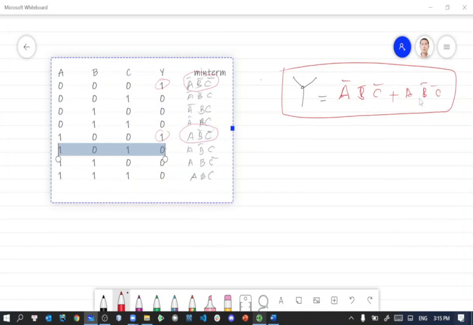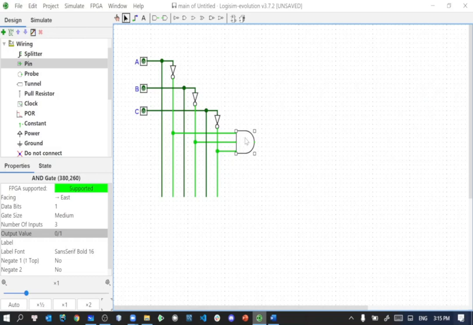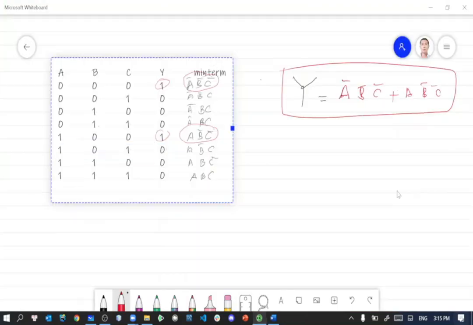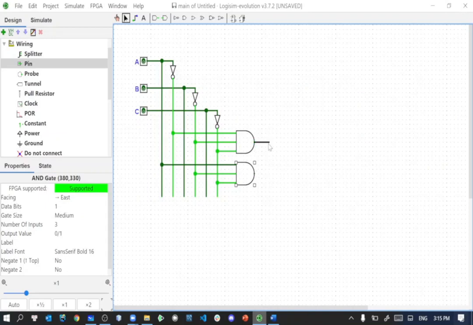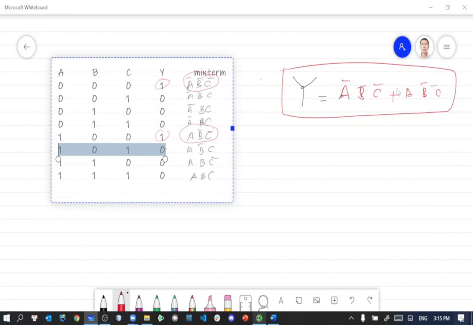Then the next one I wanna do is A, not B, not C. So I'm gonna copy this, paste it here. Okay, then I'm going to bring back to A, then not B, then not C. Okay, because that one is A, not B, not C. Okay, good. Then next, I'm going to produce one more gate, because for this OR gate, you need to OR